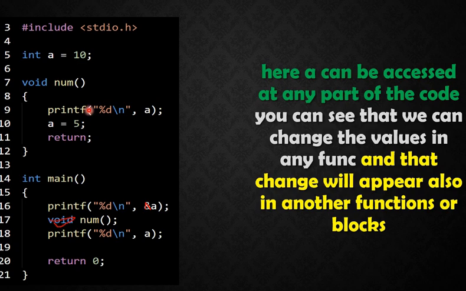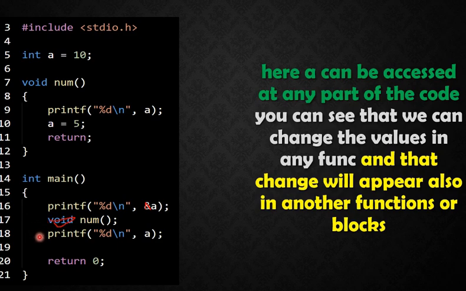Now we want to make a change inside one particular function, and we will see whether that change can be seen in all functions or not. So here I am changing the value of a from 10 to 5. Now let's see whether it is also changed inside the main function or not. After changing the value of a from 10 to 5, I am returning nothing but returning. So I will come back to line number 7, nothing more to do.